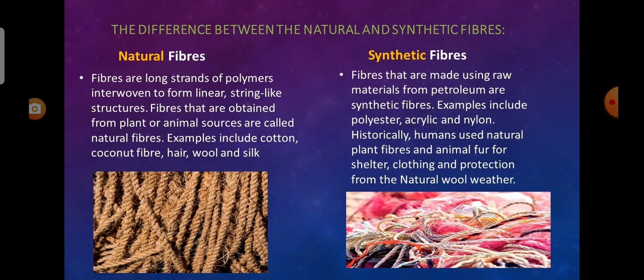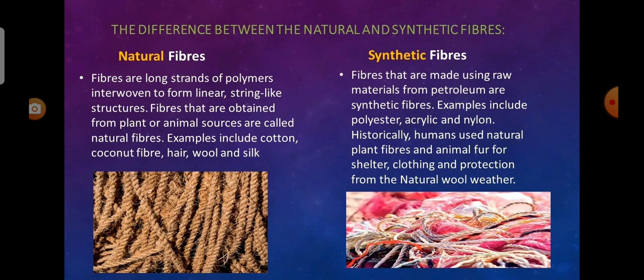Now we see about fibers. There are two types of fibers. One is natural fiber and the other one is synthetic fiber. Now we see about the natural fibers. Fibers are long strands of polymers interwoven to form linear string-like structures. Fibers that are obtained from plant or animal sources are called natural fibers. For example, cotton, coconut fiber, hair, wool, and silk. We see about synthetic fibers. Fibers that are made using raw materials from petroleum are synthetic fibers. For example,